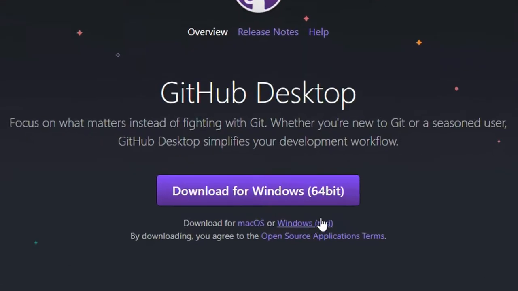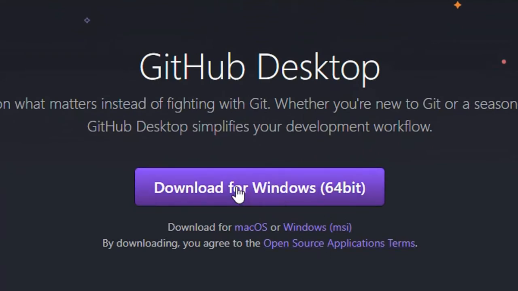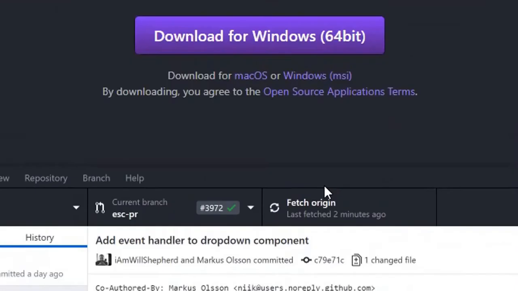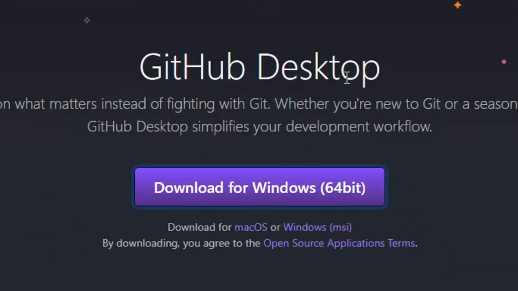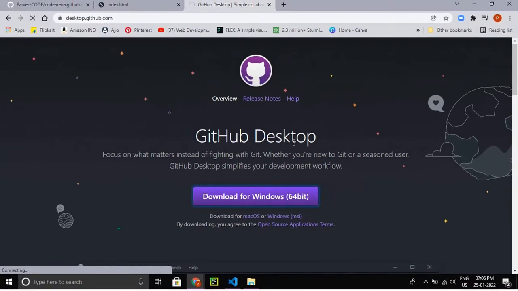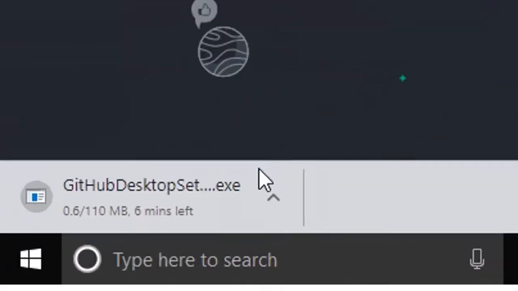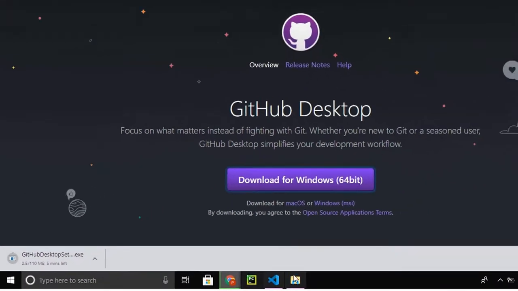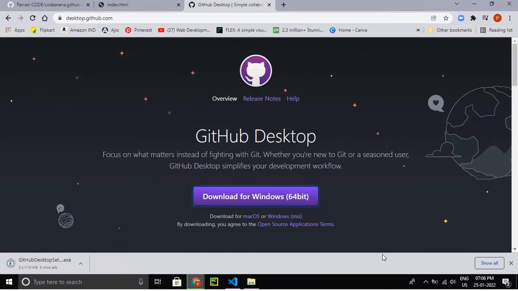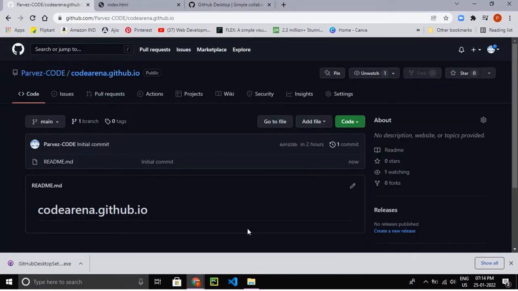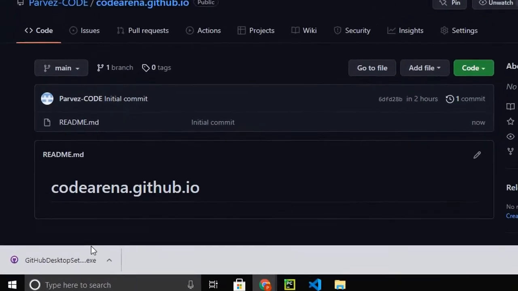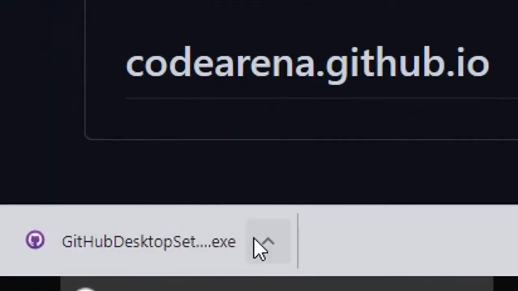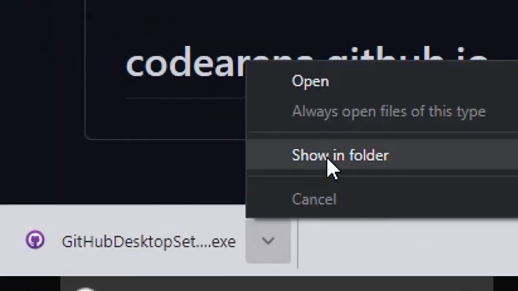You can see that it is available for macOS and Windows both, and it automatically detects my system. It is saying download for Windows 64, and yes, I will click on it. It is a very simple and straightforward process for downloading. You can see that it has started to download, and it is 110 MB. I will give it time to download, and you can see that it has been downloaded. And I will click on show in folder,